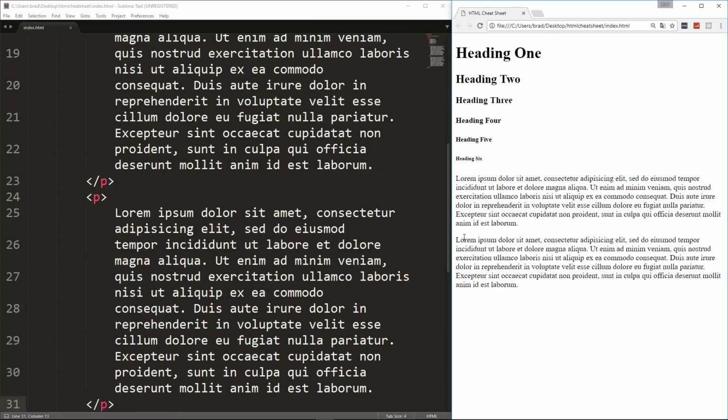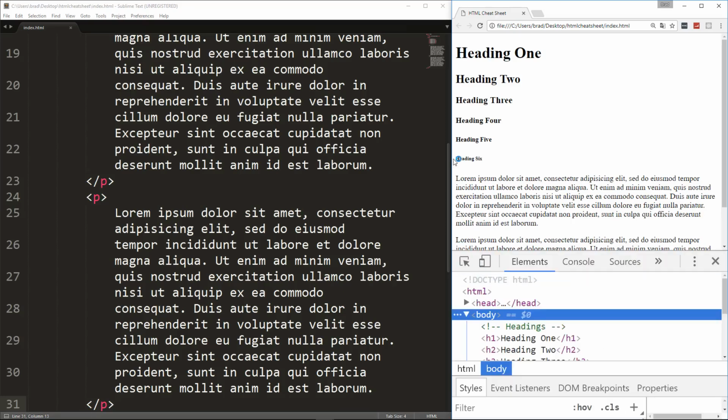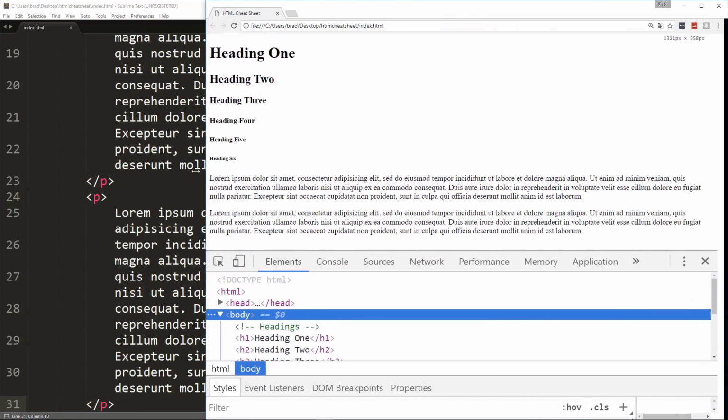It also has some margin. Okay, it has, I believe, 1 EM of margin, or 1 M. An M is a measurement in CSS, just like pixels, except it's used for more responsive stuff. So if we hit F12 and look at the developer tools, I'm just going to make this a little bigger,